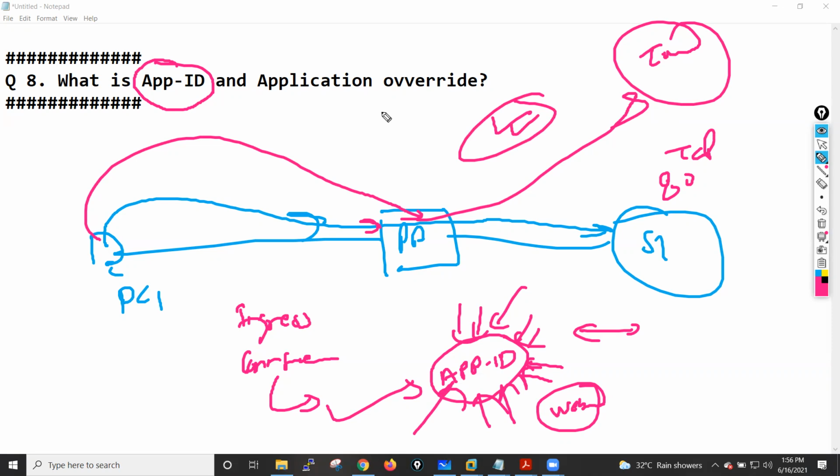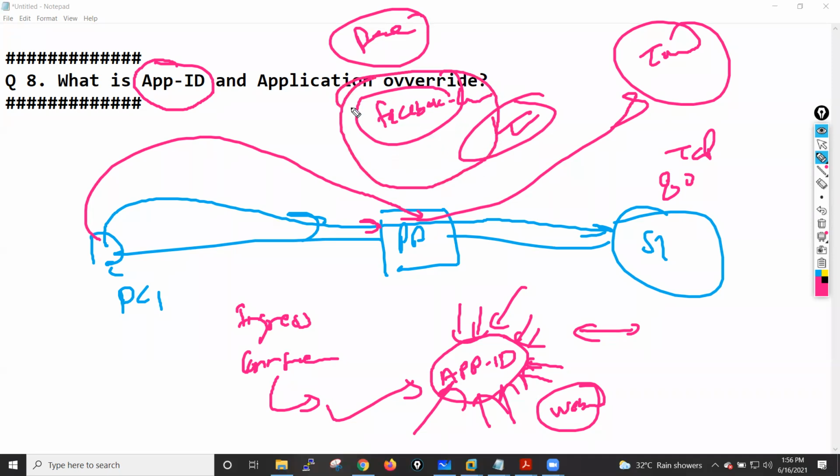Let's say we want to block Facebook chat or Facebook video call, but we want to allow the actual Facebook, while blocking the chatting, Facebook posting, Facebook video calling, audio calling, all these kinds of things we can block, because all these are applications. We will just allow Facebook base, so my users are able to access the Facebook page, but they will not be able to make any kind of chats, video or audio calls through Facebook. These kinds of controls we will get by using App-ID, guys.